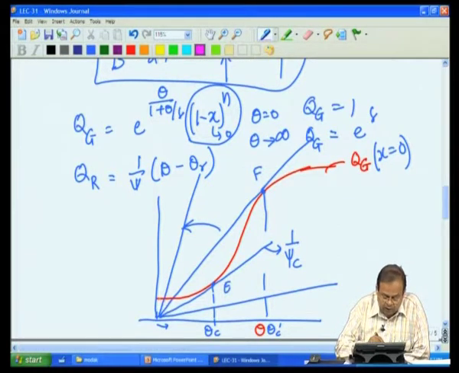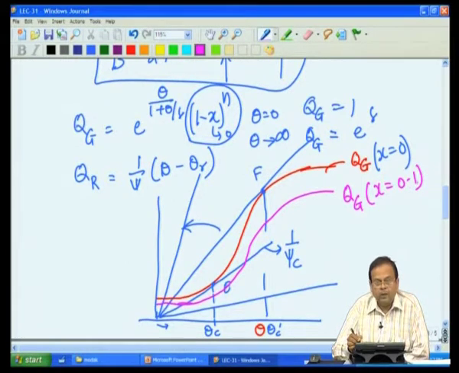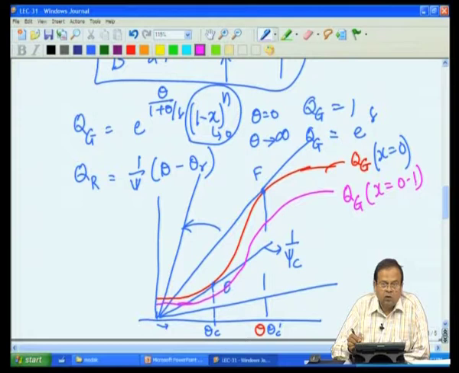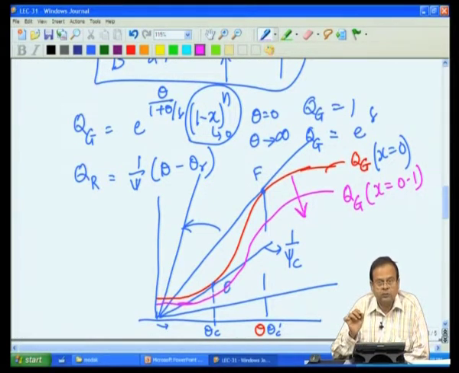So, for x, I am just going to take it will still start with a lower value, and it will have a lower curve. Okay. So, I want to keep that in mind. For example, this will be, let us say, x for 0.1. So, in other words, what is going to happen to our generation curve as reaction is proceeding is that this generation curve is going to shift downwards. Okay.